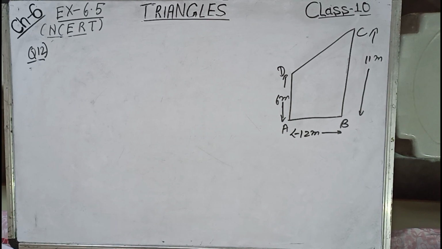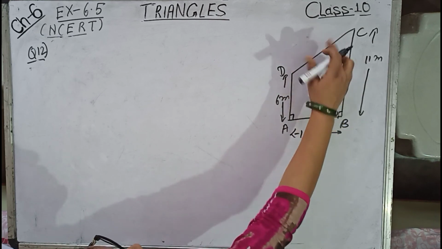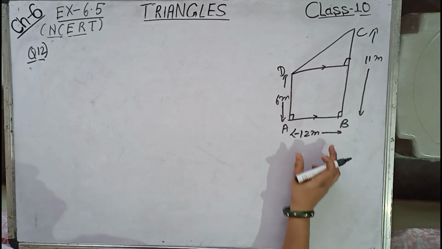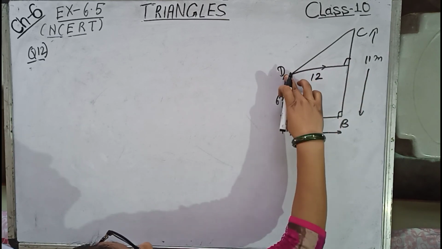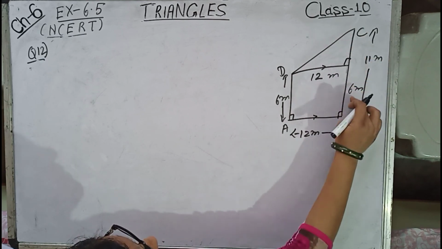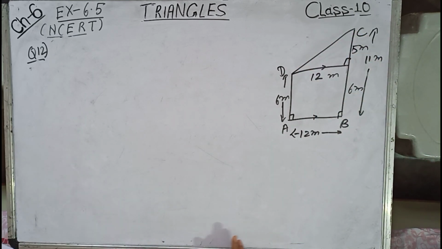So obviously poles are standing on the ground, therefore they are making 90 degree with the ground. So this also is 90 degree. We have to find CD. So if we draw a line perpendicular to the ground level, this also will be 90 degree. This is 12, so this also is 12. This is 6, so this also is 6 meter. The whole is 11, so 11 minus 6 is 5 meter. So clearly children, you can find the length CD by using Pythagoras theorem, and it will come as 13 meter, because from the junior classes we know that 5, 12 and 13 form a Pythagorean triplet. Let us move to question number 13.